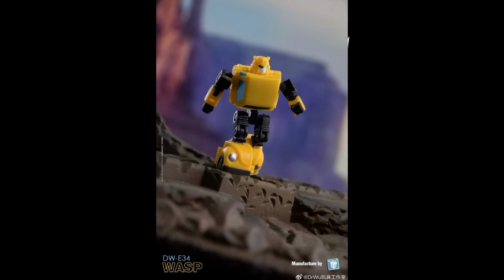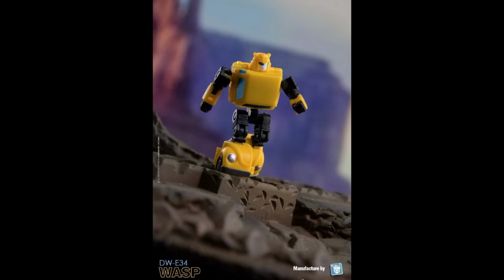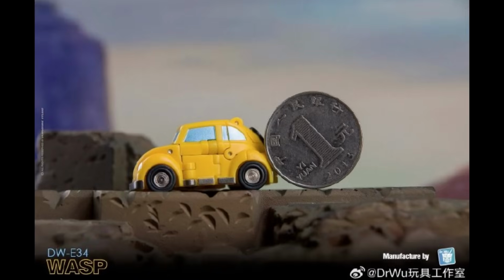And they're making a Bumblebee, which I thought they did. I don't know why I'm thinking they already made one, but tiny, ultra tiny Bumblebee does turn into a VW Bug. You gotta see that. I gotta show that, but I'm not gonna show every picture. They've got tons of pictures for this stuff, but it's small, it looks good, but this is how big it is next to